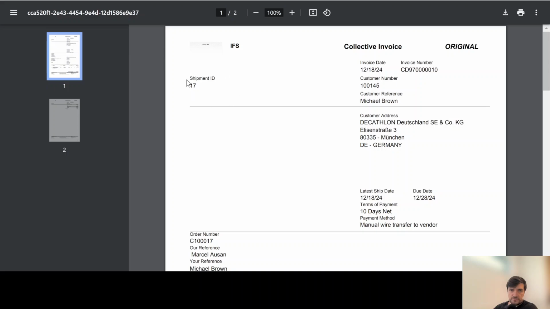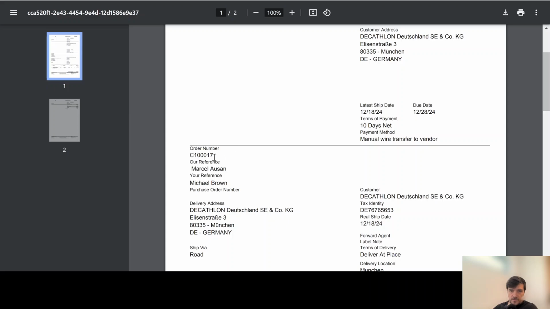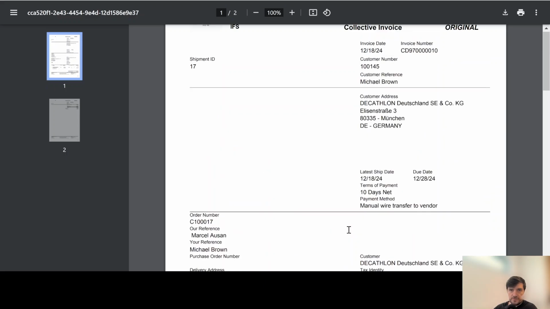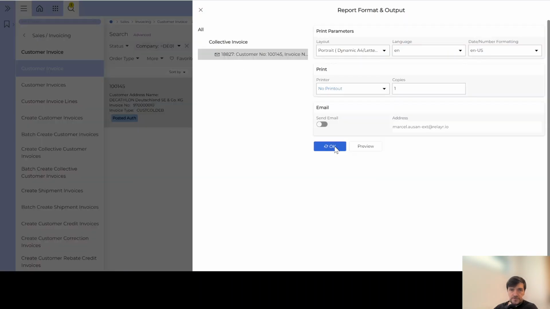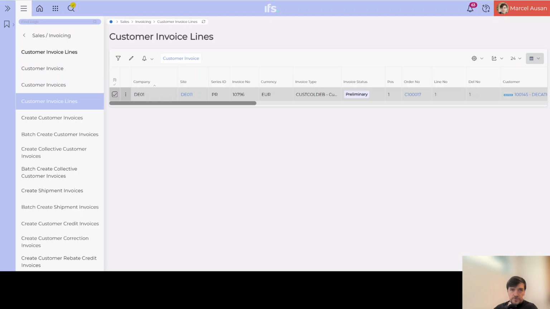Even if it's a collective invoice, it will be just referenced to one shipment and obviously one order. And then we see the amounts and the totals, which is what we want to see. Good. Now going back into the application, I'll just say OK. And if we come back to our order,